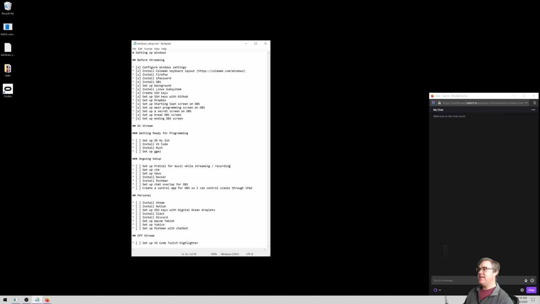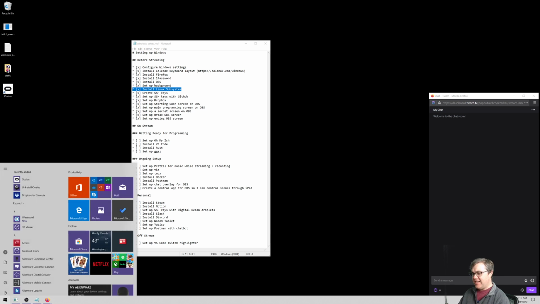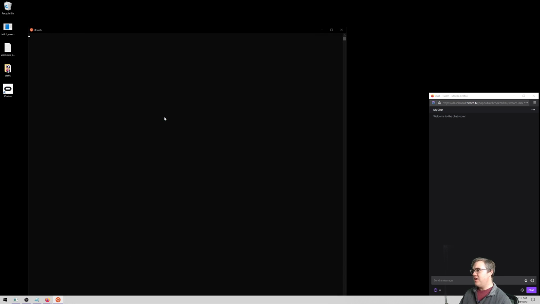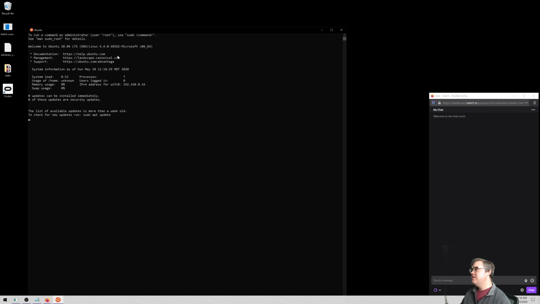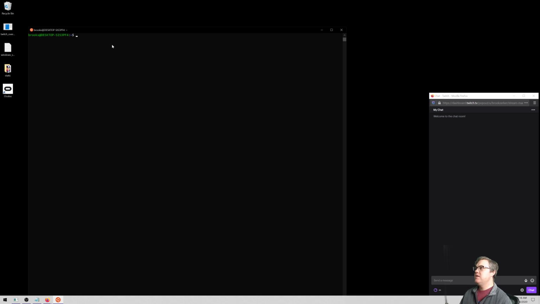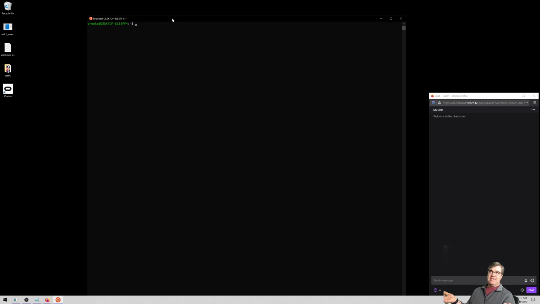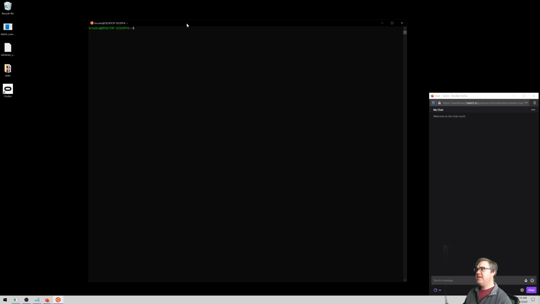So what I've already done is set up the Linux subsystem. I have Ubuntu installed here. So whenever I come in, what does this say? Nothing bad. Cool. So basically this is like Linux. I think it's Ubuntu 20, which just dropped not too long ago, like a week ago or so. And so I can run with this.